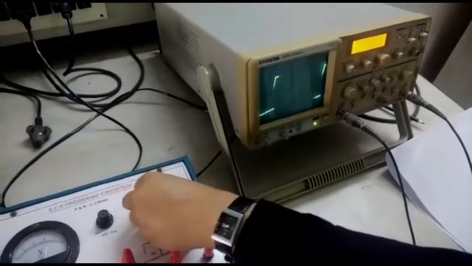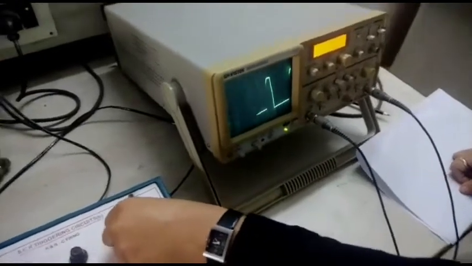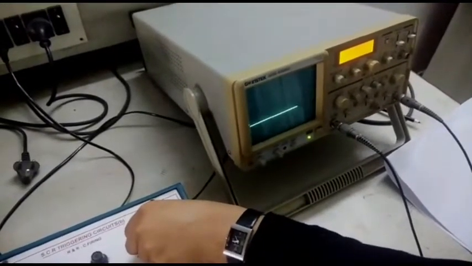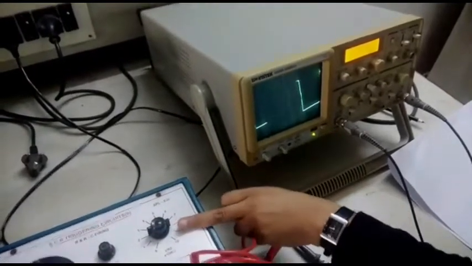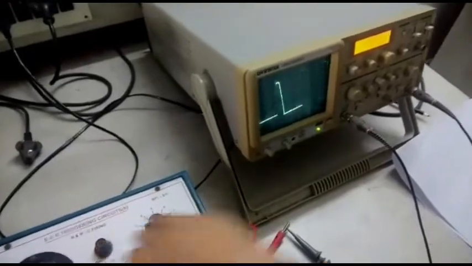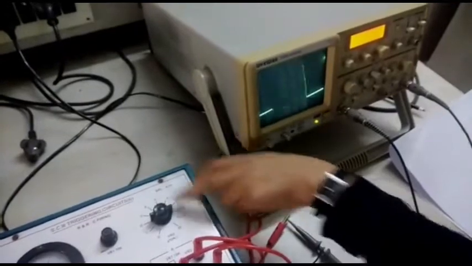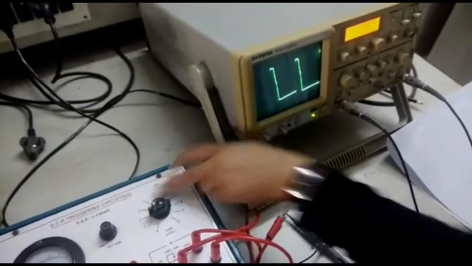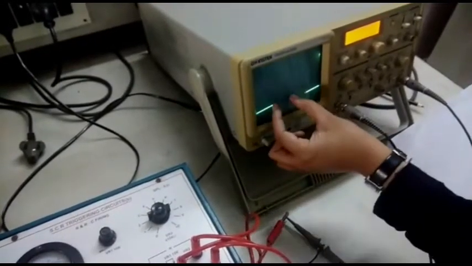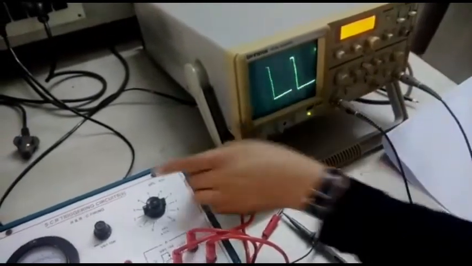But here we will get one more step extra. One step extra, that is, we have started from 10 up to 2, and for the previous one we did for 10 to 3. So we have observed that we can actually vary the output voltage level to some extent more precisely in case of the RC triggering in comparison to the R triggering.